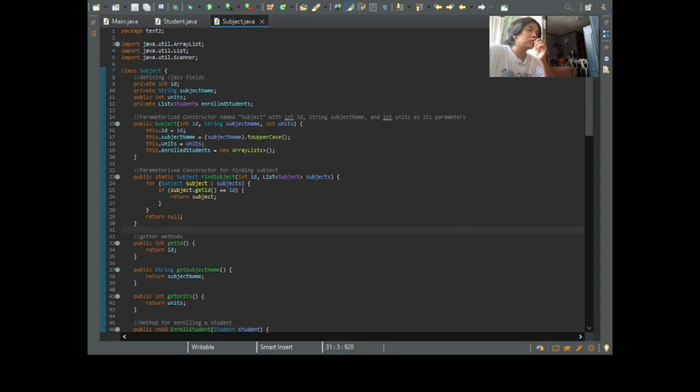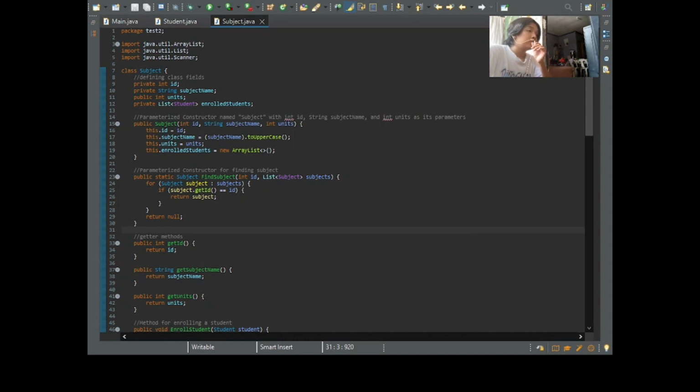Respectively, this find student method, marked as private and static, takes an integer ID and a list of students as parameters. It iterates through the list using a for each loop, comparing the ID of each student with the specified ID. If a match is found, the method returns the corresponding student object. Otherwise, it returns null, indicating that the student with the specified ID is not present in the